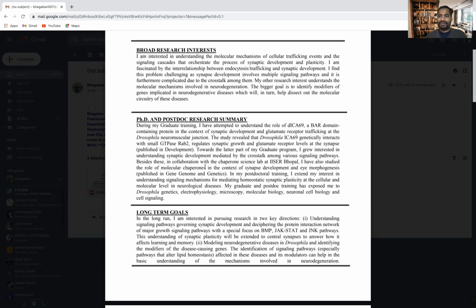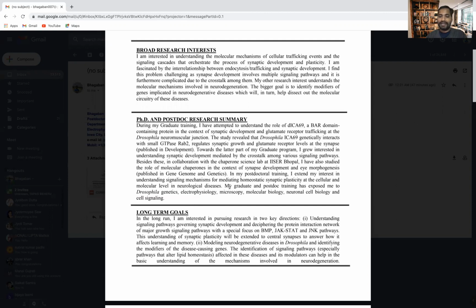You have done some collaboration work, because they will come to know that you can also work in collaboration with someone, in addition to independently. And also you have to mention what is your expertise, what you have learned, or what you have earned when you are doing your undergraduate or postgraduate.